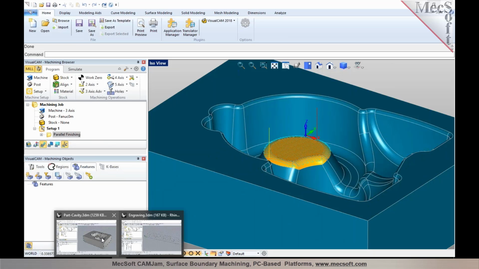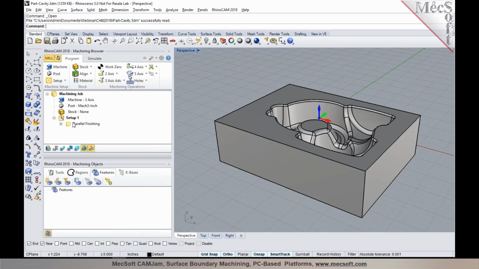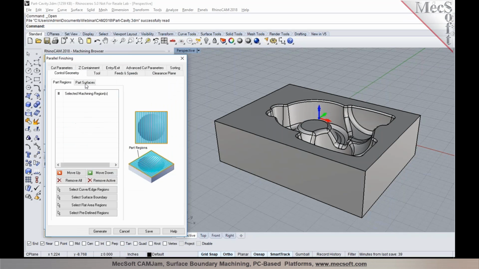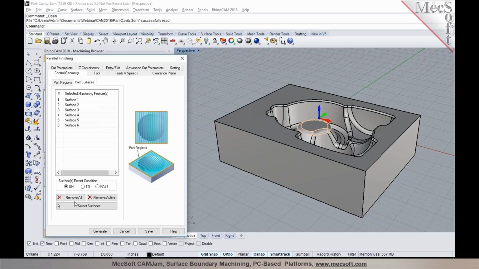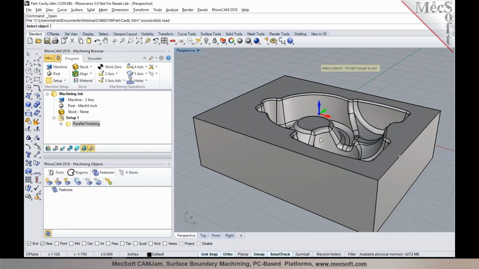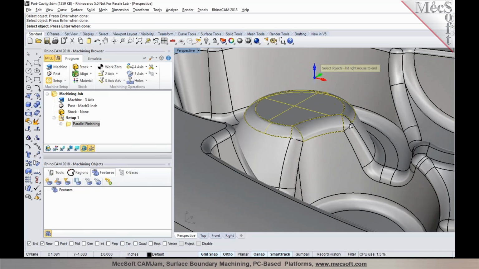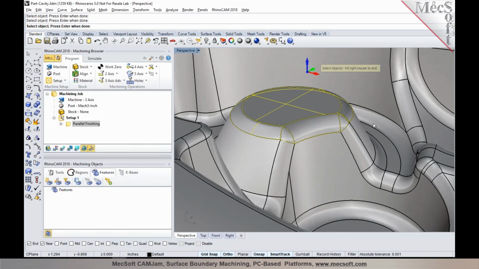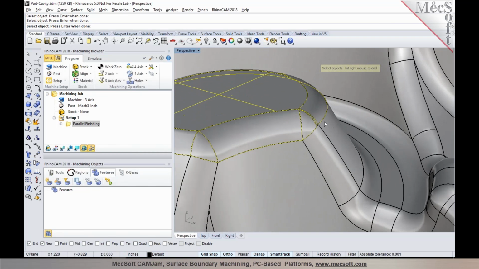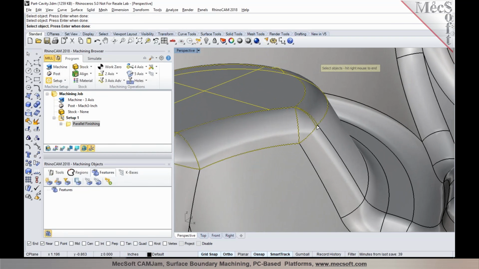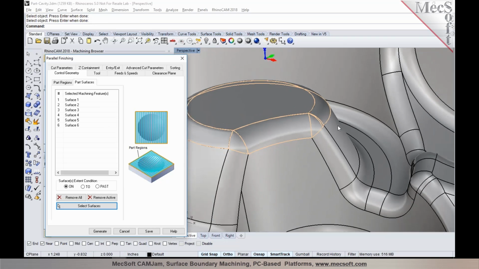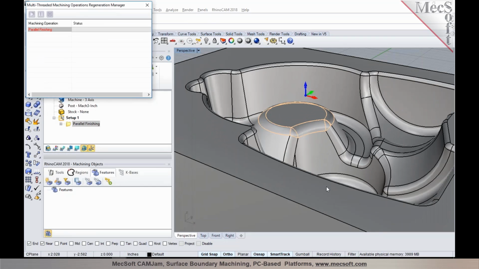Now the same functionality is also available to you in Rhino CAM. So you can go into your machining operation, go to Part Surfaces, and you could individually select surfaces in here for machining. So from a polysurface model, without having to go and explode these geometries in here, you could graphically pick those surfaces from a polysurface geometry, perform a right mouse button click, and then pick Generate to compute the